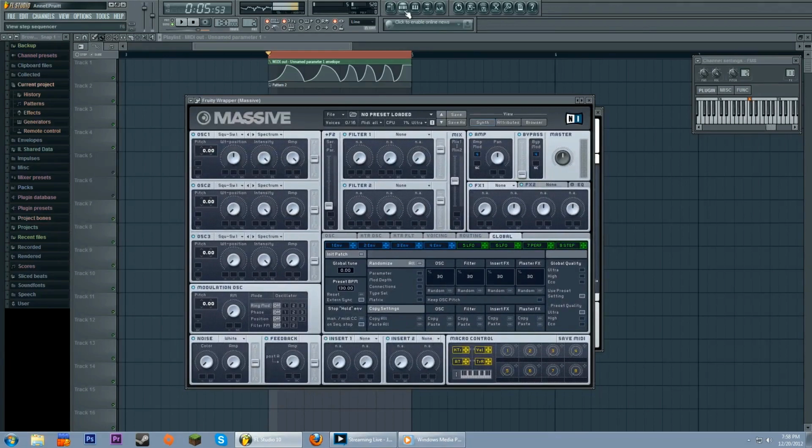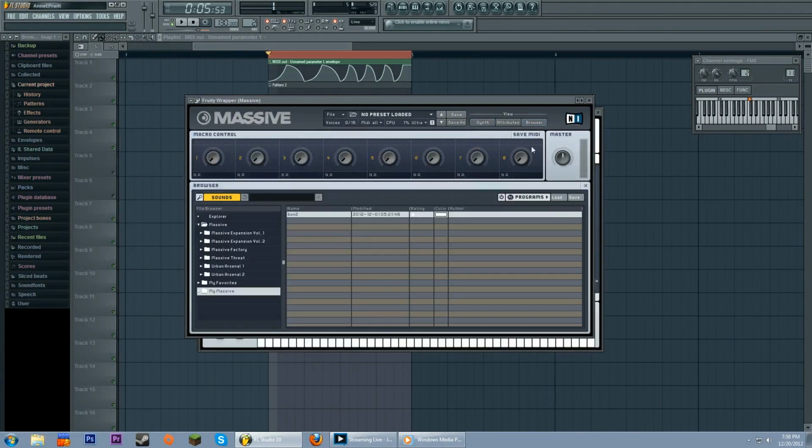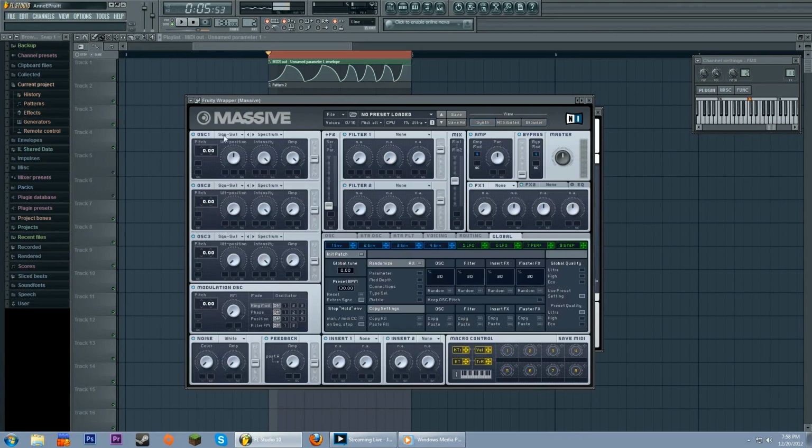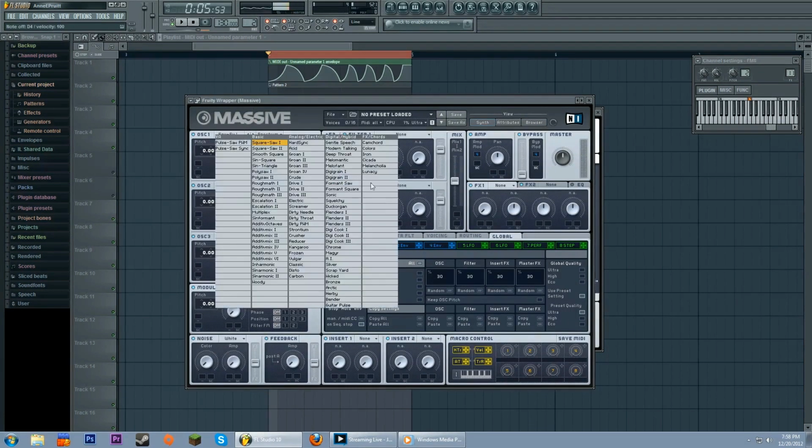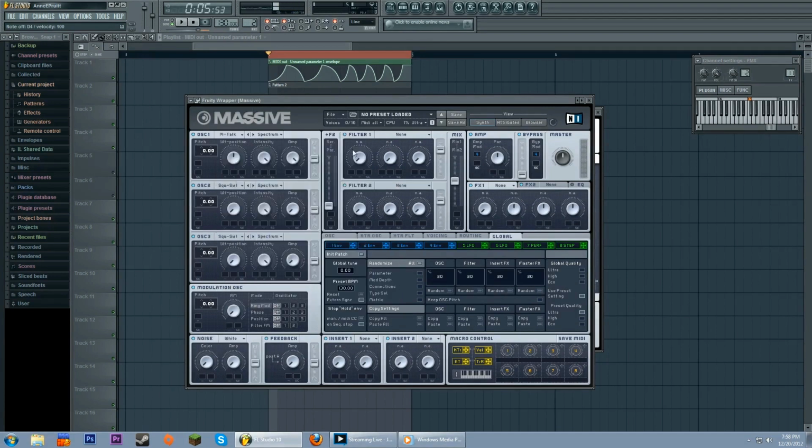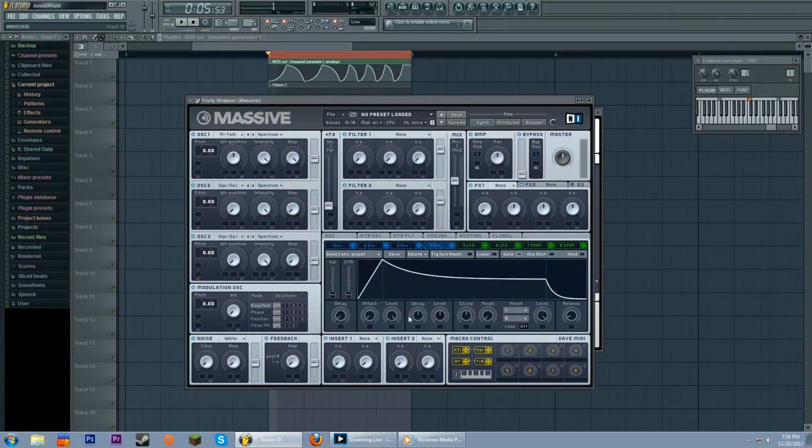So Massive is a wavetable synthesizer. What that means is that you go over here into oscillators and you have your list of oscillator types. These are all wavetables. So like if I go to, say, modern talking and turn off this envelope,